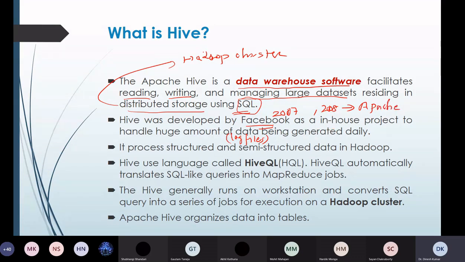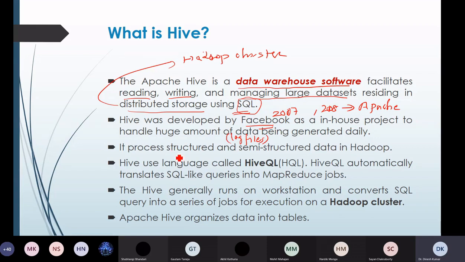Right? And then they integrated this component into the Hadoop architecture, on top of Hadoop, so that data coming in the form of very huge log files can be handled very easily, and the complexity of writing MapReduce tasks can be reduced. Right? So this was the purpose of Hive. In the history of Hive, it was introduced in 2007 by Facebook as an in-house project, but in the next year, 2008, it was taken by the Apache Foundation and integrated into the Hadoop architecture.